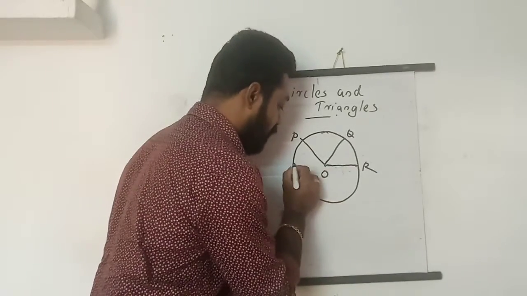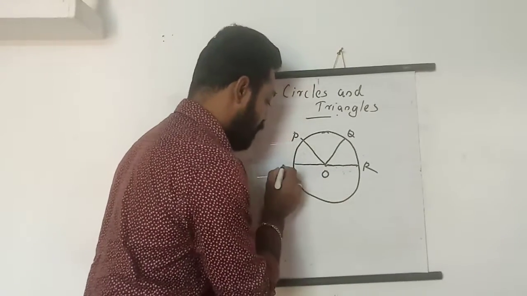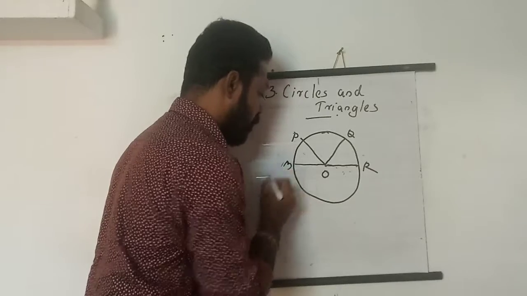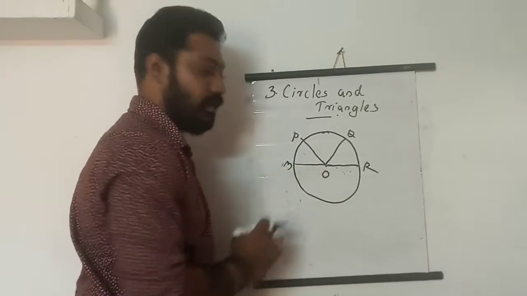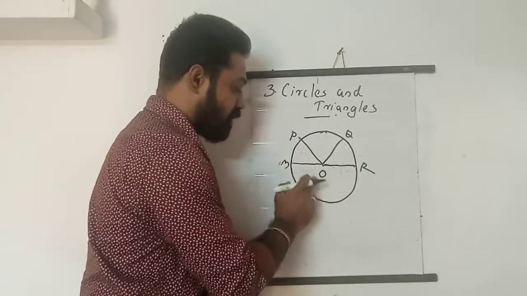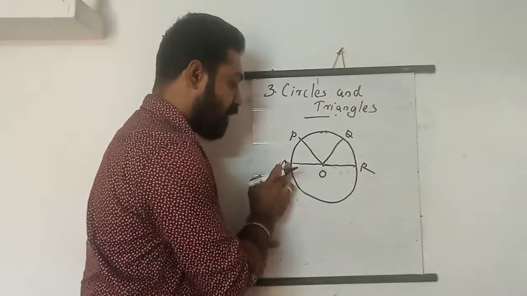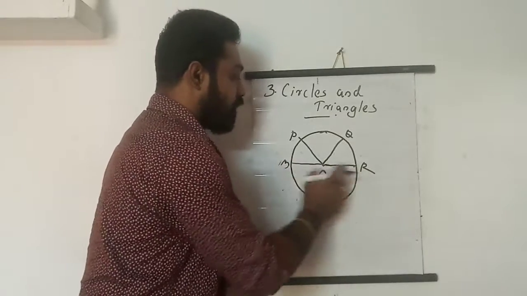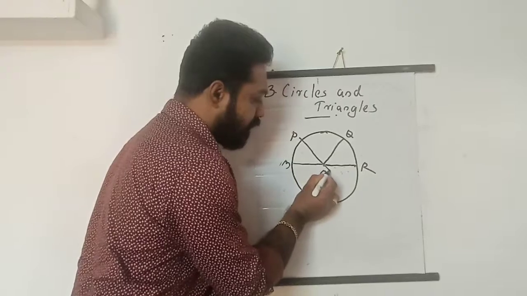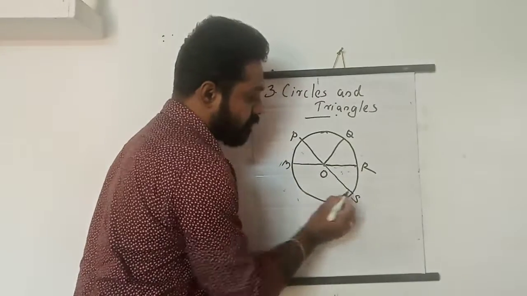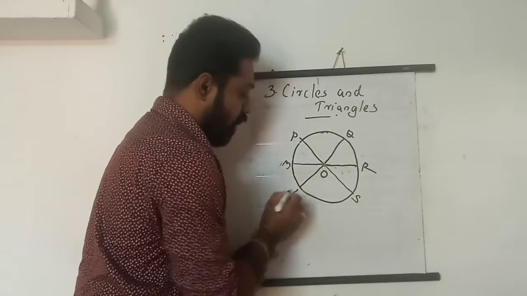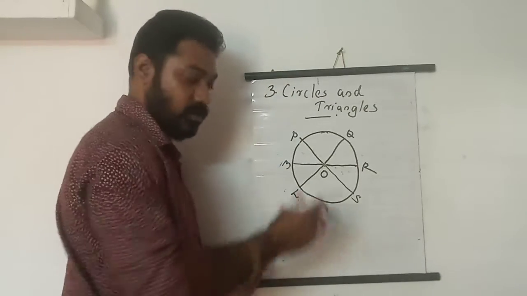And what is this one? Suppose this is M. This is MOR, or simply MR. This line segment passes through O, but we always name just the starting and end points, so we call it MR. MR is a diameter of the circle. Here also you can get a diameter, PS, and also QL. I have drawn many diameters here.